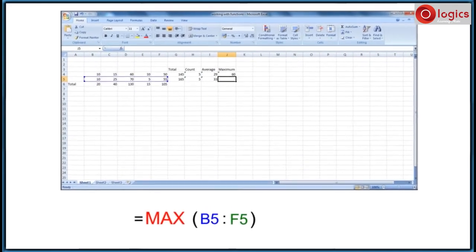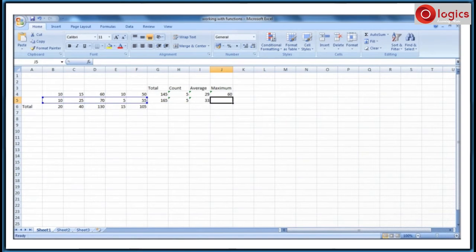Here I am typing the function in the formula bar. Here you can observe the given cell range selected over the spreadsheet. I have noticed the largest number in the selected cell range is 70. Let us see whether we get the 70 or not in the selected cell. Press enter. See, the 70 appeared as the largest number.